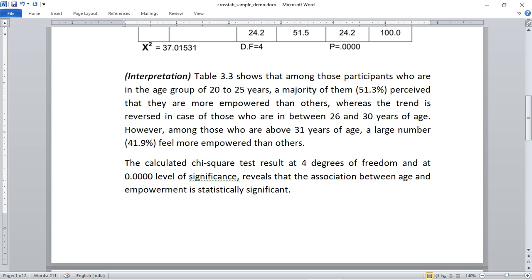Table 3.3 shows that among those participants who are in the age group of 20 to 25, so in the age group of 20 to 25 years, a majority of them perceived that they are more empowered than others, whereas the trend is reversed in case of those who are in the age between 26 and 30 years. However, among those who are above 31 years of age, a large number of them feel more empowered than others. So I made it more simplified in my project. So, but what you could do is,